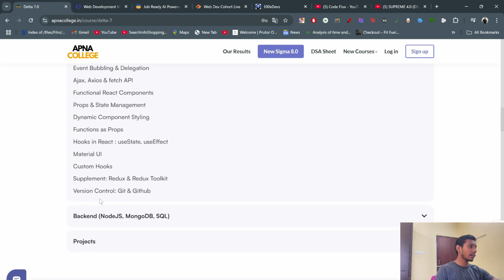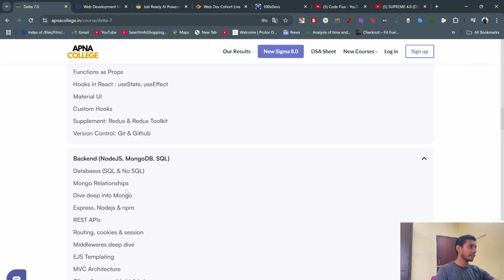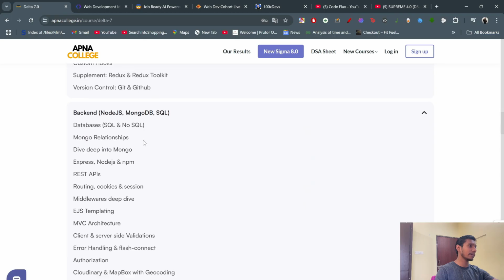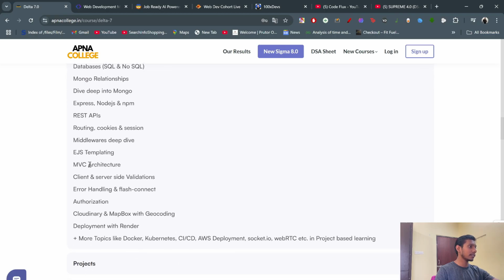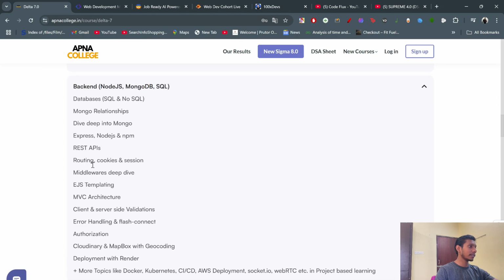Then Material UI, custom hooks, implement Redux Toolkit, version control and GitHub, Git and GitHub. I think it's okay. And in backend, they are providing Node.js, MongoDB, and SQL. There is nothing more I can tell you about this. The important topics are the database, where you will get to know about Mongo relationships, deep dive into Mongo, Express, Node.js, NPM, API, REST API,